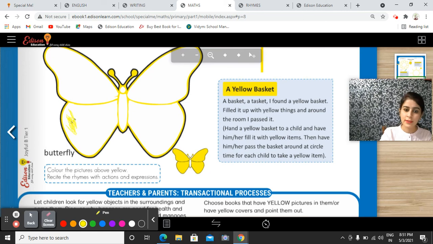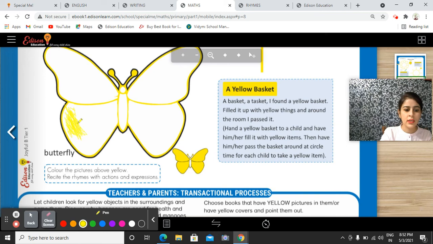Otherwise it will fly away. Fill it fast. Jaldi jaldi fill karo, otherwise butterfly will fly away. So let us fill it with yellow color.